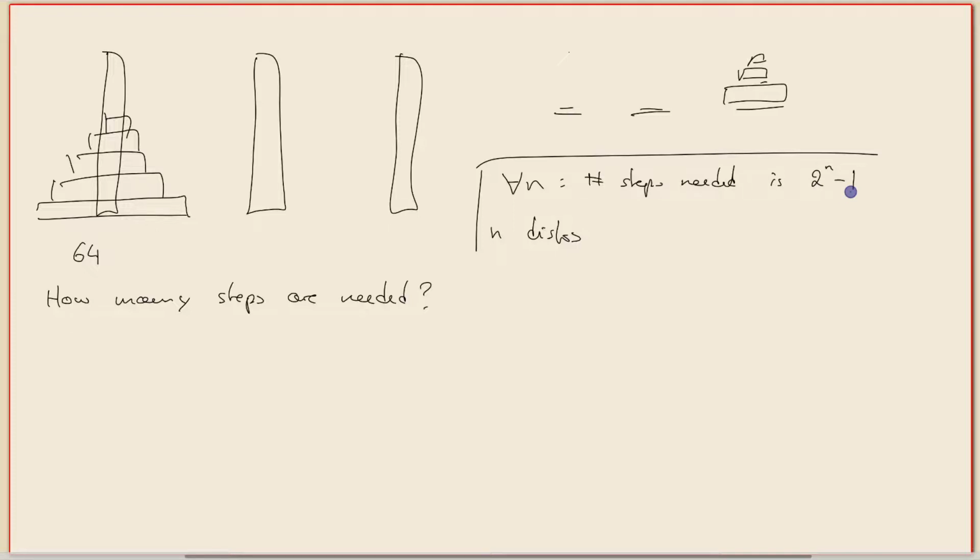The poor monks will never finish. I think it's 500 billion years or, well, something like that. Takes basically forever in physical terms. But how would we possibly prove such a statement? By induction. So we would start with the